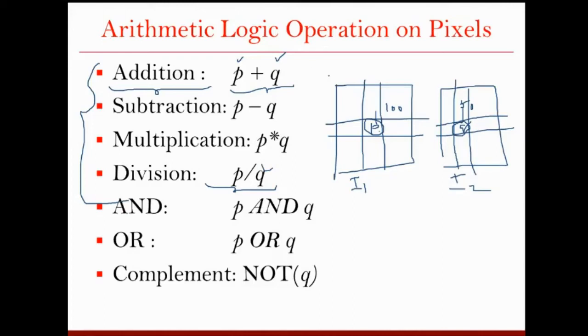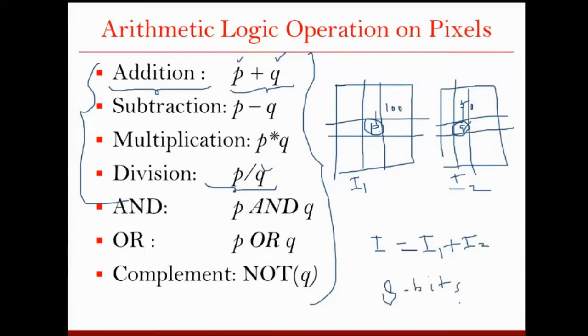Okay. Now, one thing you need to remember here is that whenever you are defining these operations, or computing on your images, let's say you are saying that image I is obtained by adding the corresponding pixels of I1 plus I2. And let us say in your implementation, the image is defined using 8 bits. So you know that if you are defining your image by 8 bits, what is the maximum grayscale value you can have for this?